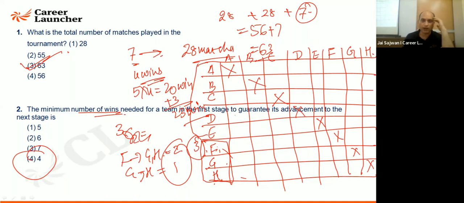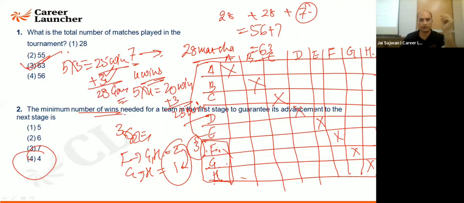So if I say 5 people are coming with 5 wins, can I say 5 fives are 25 wins? Do you agree with it? 5 teams are there with 5 wins. Each one is going to win 5 matches. There are 25 wins which are going to happen. And 3 matches are played between the 3 teams. So I'll say 3 matches are there. There are a total 28 games going to be played, which is satisfying here.